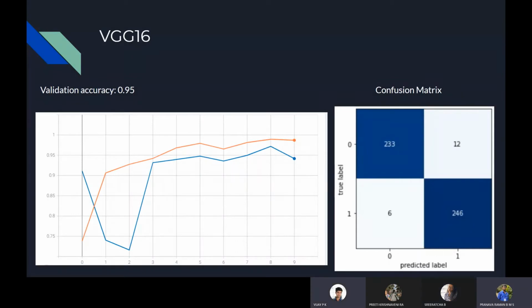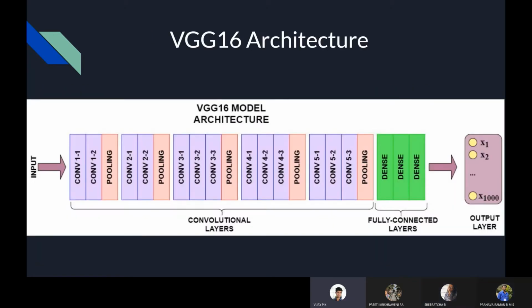We trained a lot of pre-trained models like EfficientNet, ResNet, and VGG16, and based on the accuracy and the loss, we decided that the VGG16 performed well. So before going directly into the VGG16 architecture, we now discuss some of the important layers that are involved in the VGG16, like convolution layers and the max pooling.